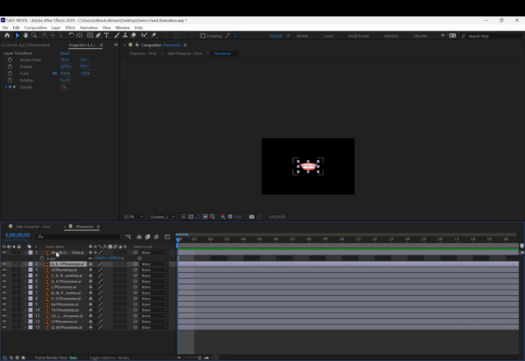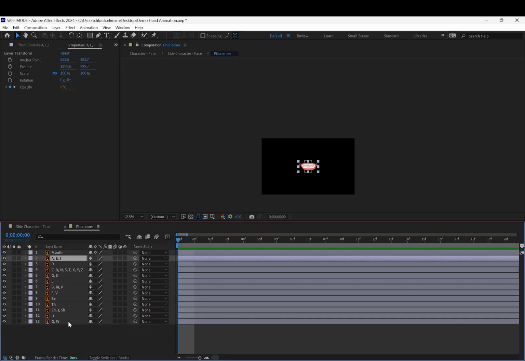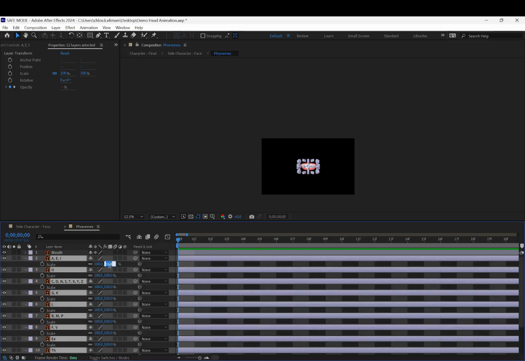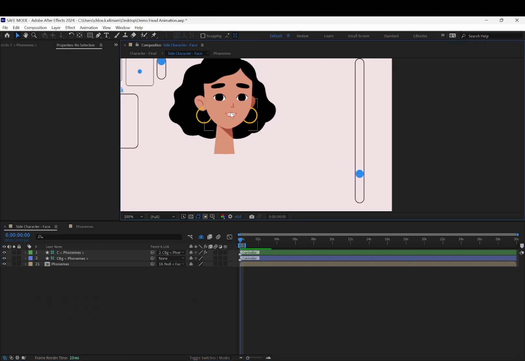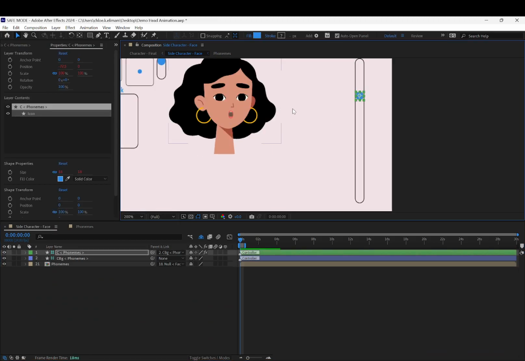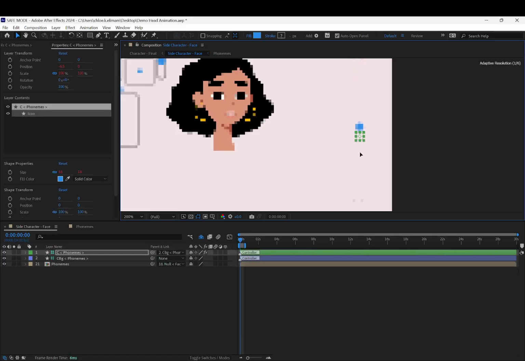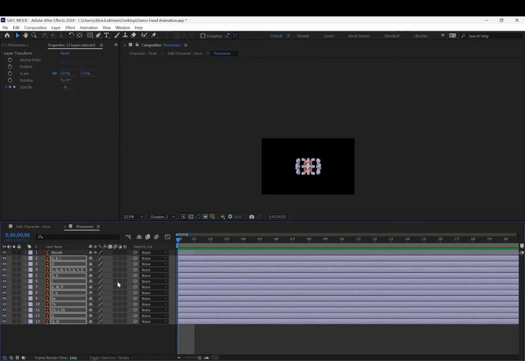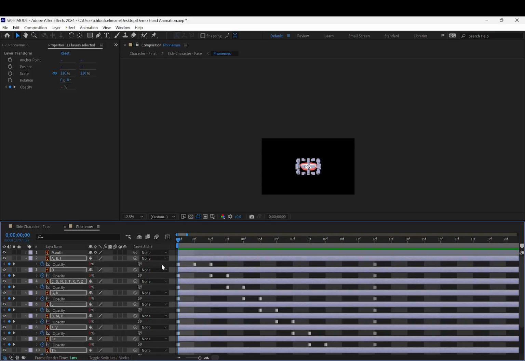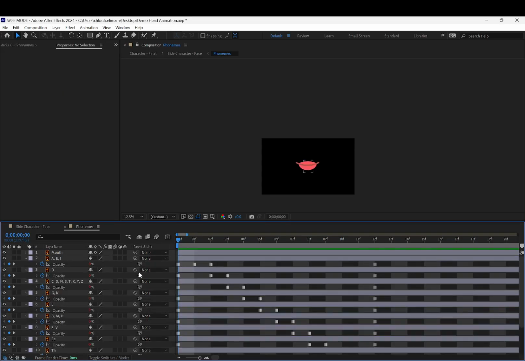Actually, instead of the mouth, let's do everything else. I'm gonna make the scale for everything else 110%, just to make it slightly bigger, and that shouldn't have any effect on our slider over here. It should just make it so that it's not teeny tiny. So let's just undo for a little bit until we get the